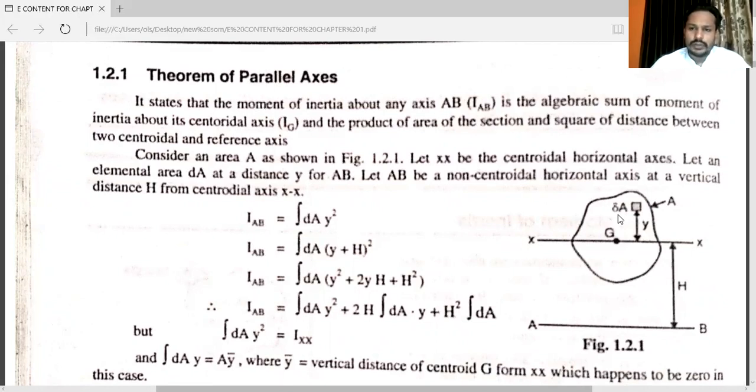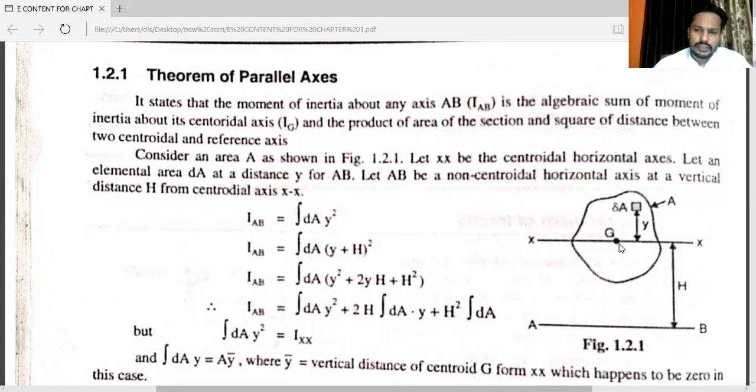After watching this diagram, I will explain the exact definition of parallel axis theorem and how we can use this theorem in our subject. See, this one is the horizontal line. You can consider this is the baseline, that is axis AB. Here, the point G is given. This is the elemental area dA. And this one is the non-geometrical shape, that is area A. This is the centroid point, or you can say the center point of the entire diagram.